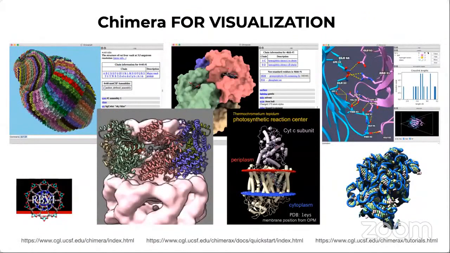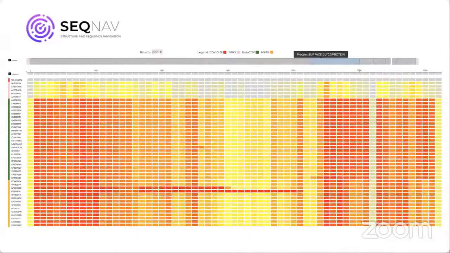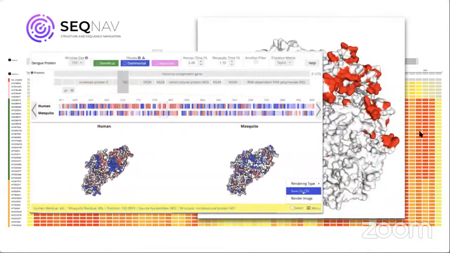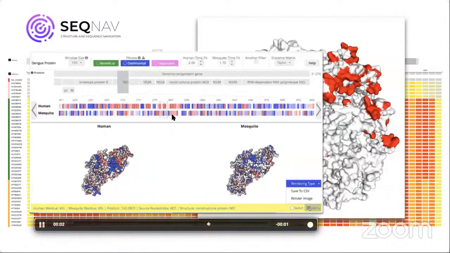So doing all of this is kind of possible. In this program, we will be learning to use powerful visualization tools such as Chimera and explore the available structural data. And then we will also be reviewing several tools developed for your training in this program to navigate large data sets, and connect the various aspects of sequence, structure, and metadata into a single experience. This is SeqNav.